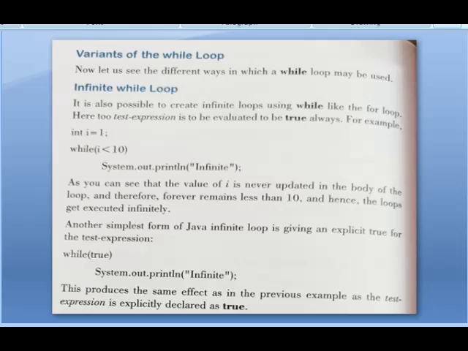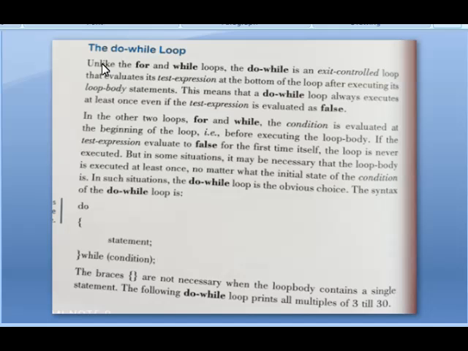Then next we are going to see the do while loop. In the do while loop, it will execute the statement once, then check the condition. Unlike the for and while loops, the do while loop is an exit control loop that evaluates its test condition at the bottom of the loop after executing its loop body statements. This means that the do while loop always executes at least once even if the test condition is evaluated as false. In the other two loops, for and while, the condition is evaluated at the beginning of the loop, that is, before executing the loop body. If the test condition evaluates to false